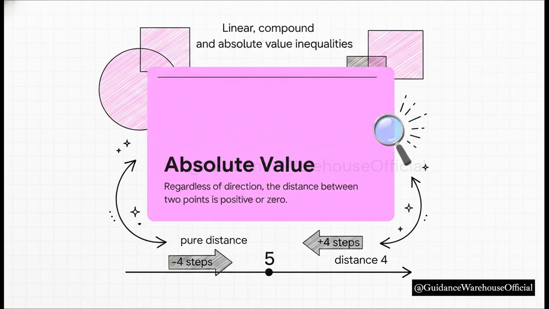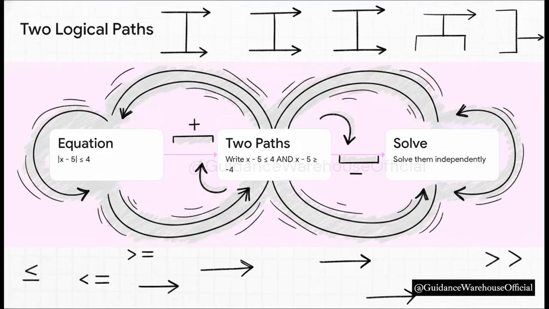Period. Think about it. If you're standing at the number 5 on a number line, a distance of 4 could mean you walk 4 steps to the right or 4 steps to the left. Regardless of the direction you end up traveling, the physical distance you covered is a positive 4. Because we can travel in two different directions, whenever you see an absolute value inequality, you must break it into